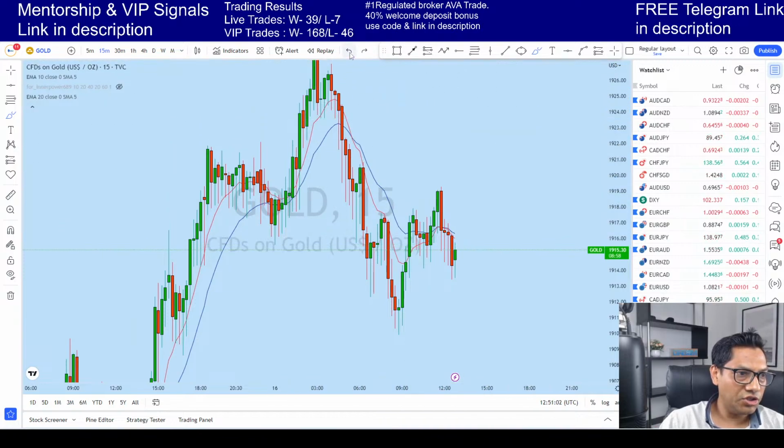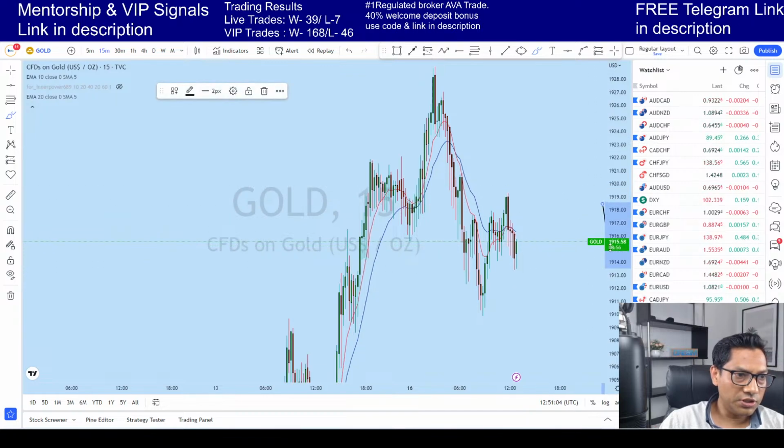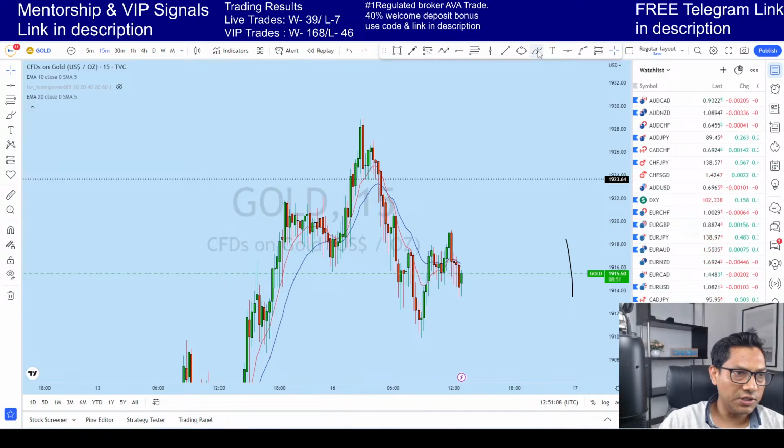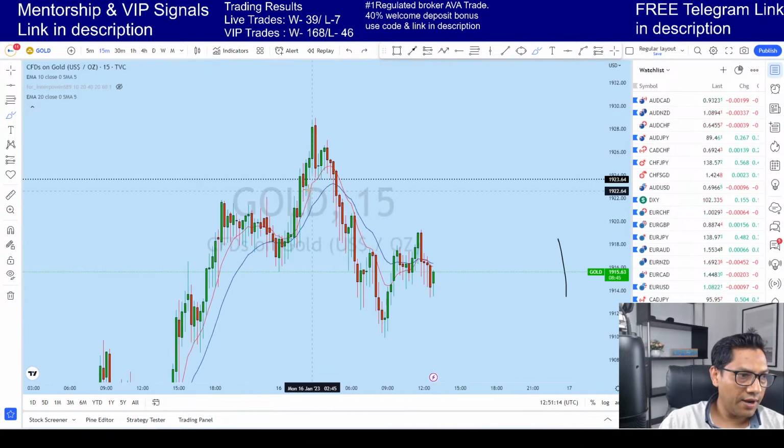This is the 15-minute chart, which is previous support turning resistance here. This is the support here. So when you see this, this is the top of this whole trend, right? It's a very important level, a very important double top here, right? With the double top, it left a neckline.